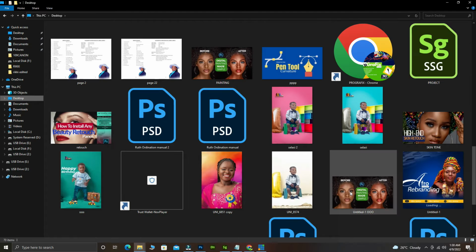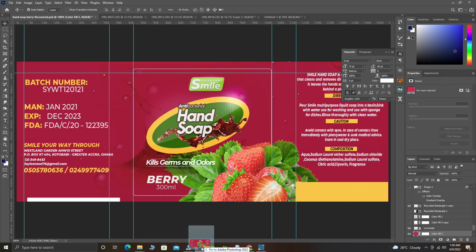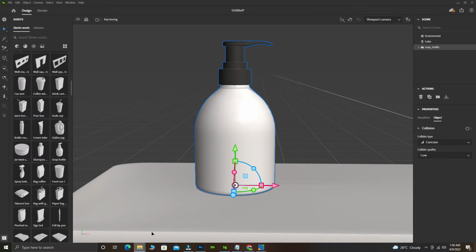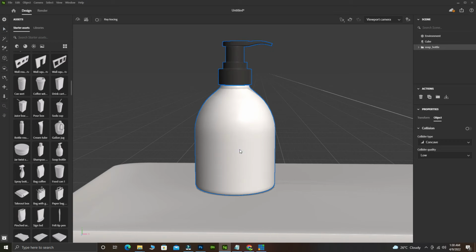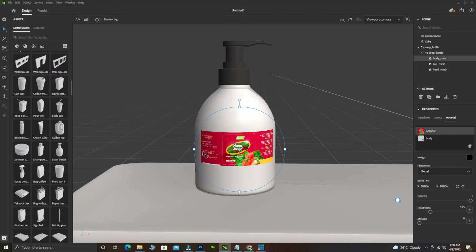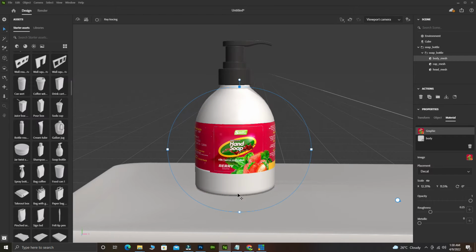Yes, this is my label. I just click, hold and drag and come and put it. Where's my Stager? Okay, so let me do it again. Click on this one, click, hold, drag, and let me bring it over here, then just put it on it. Bam. So guys, you can see, I'll just use this one to stretch it up